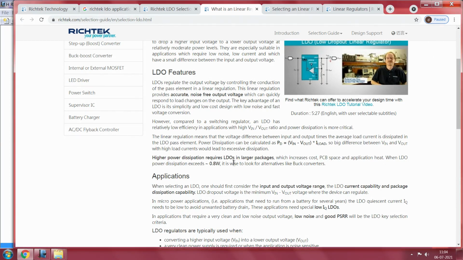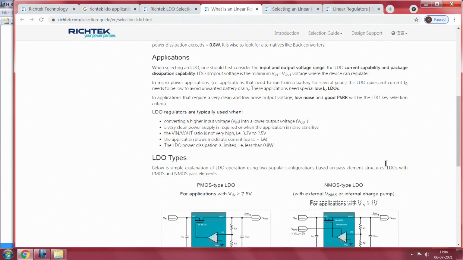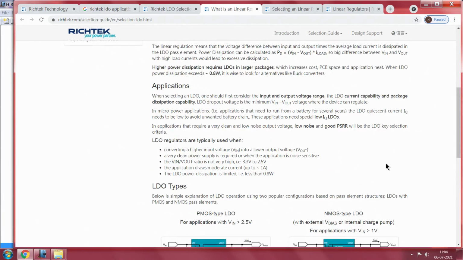Now, higher power dissipation LDOs require larger packages. If you are dissipating a lot of power across the LDO, you should even apply a heat sink so that you can keep it cool. So much so, LDOs come in different packages based on their power dissipation abilities. We will look at some of them as well, but before we go on, what I showed you as an example to understand was P channel MOSFETs. Now, N channel is also possible, and where do you apply an N channel MOSFET is the question, right. So, we will come to that.